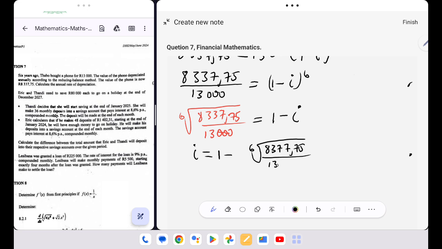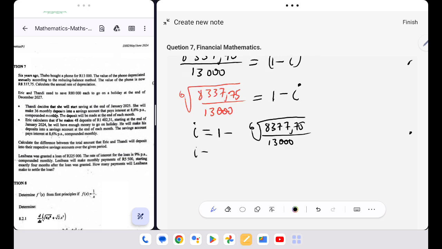Then i is equal to, let me punch my calculator, 1 minus the sixth root of 8,337.75